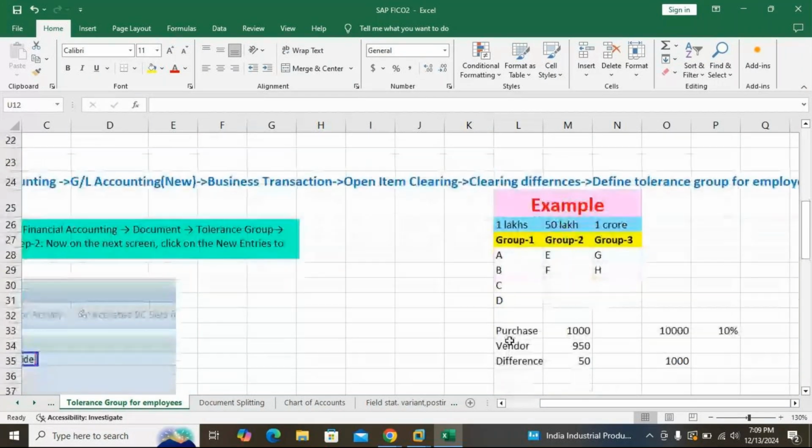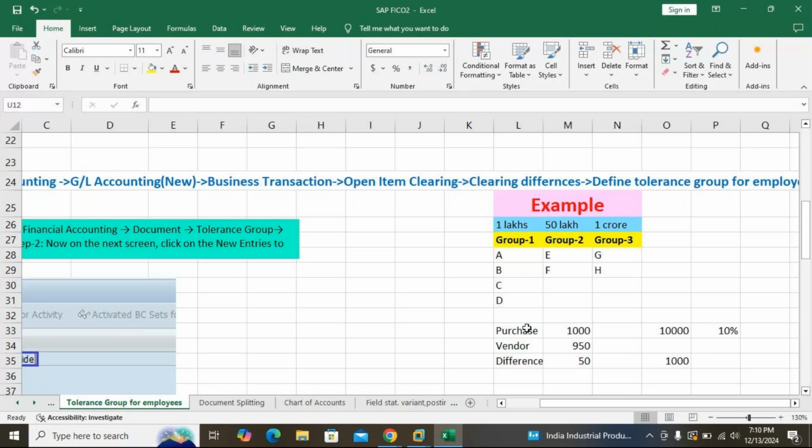When you are purchasing goods of 10,000 rupees, suppose your executive is able to give 10% difference. So he is purchasing 10,000 and up to 1,000 rupees he can make a difference of 10%. But apart from this he cannot give more. For vendors, 950 and the difference is 50 here.